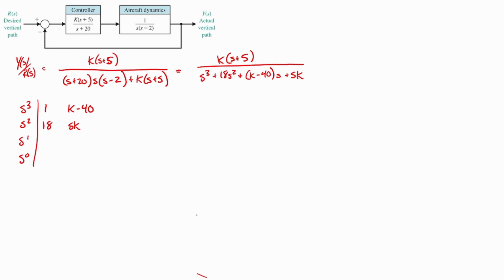Again, we're going to solve for A, B, C. All right, so A is going to equal 1 over negative 18 times the determinant of 1, K minus 40, 18, 5K,